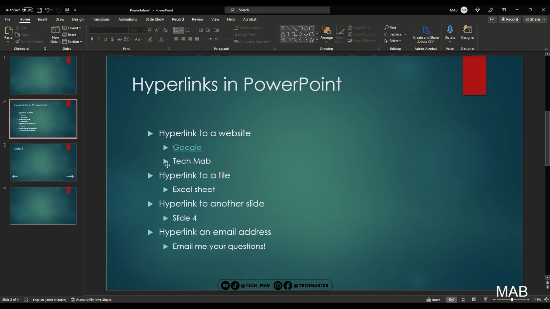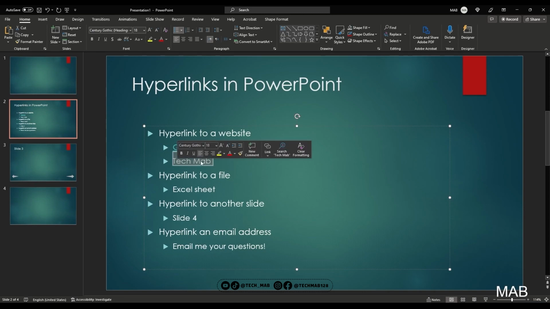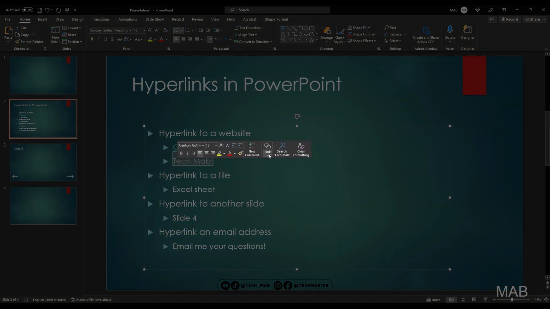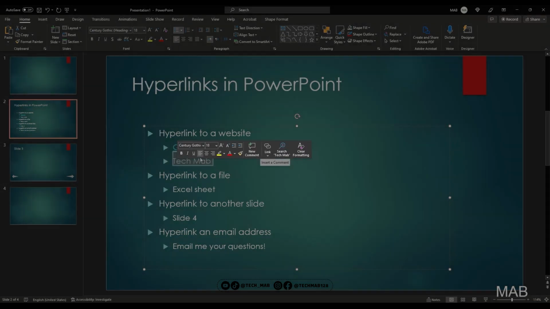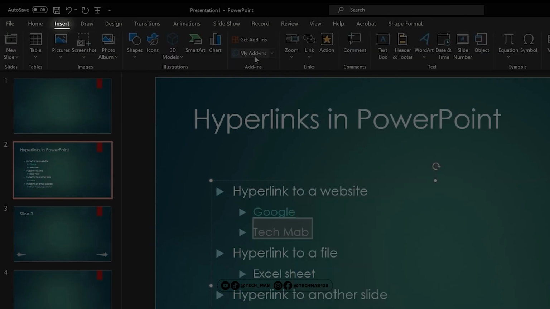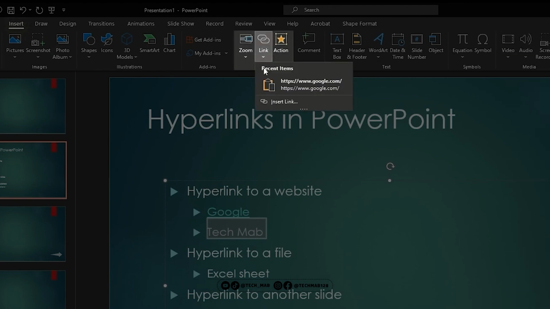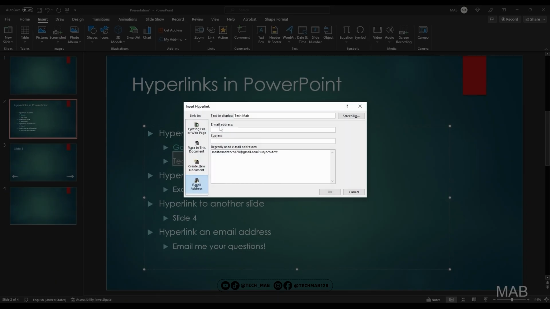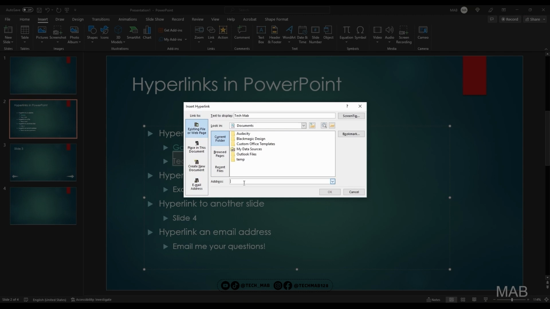How do we do this? First, we highlight the text that we want to hyperlink, and then you can either do it through here, through link, or by right-clicking, and then you can find link here. Or the third way is by going to insert and then link. Insert link. And then here you'll specify the exact address you want the user to go to if they press